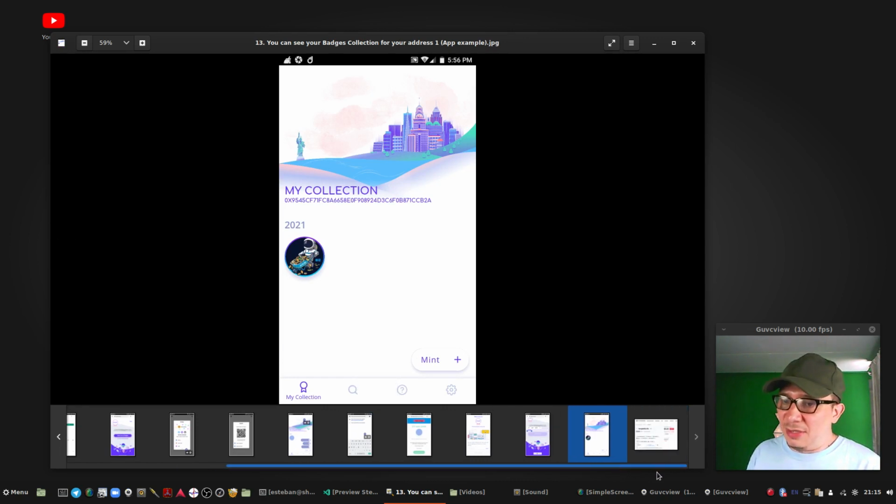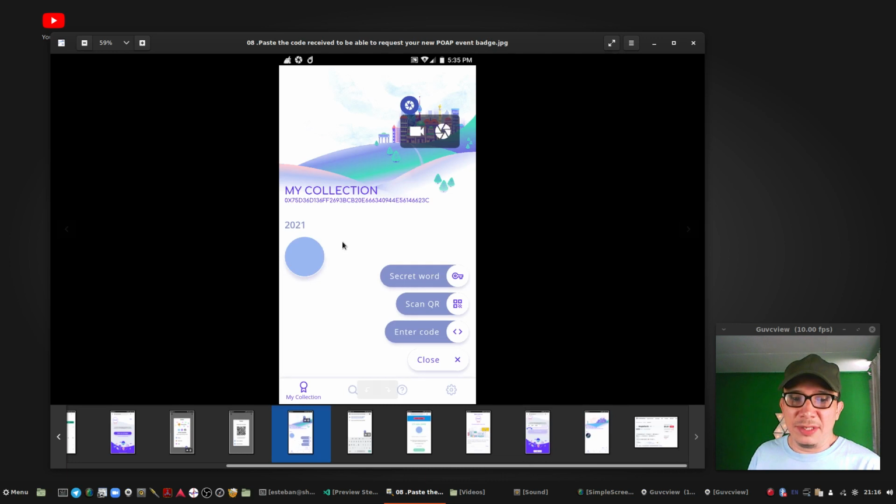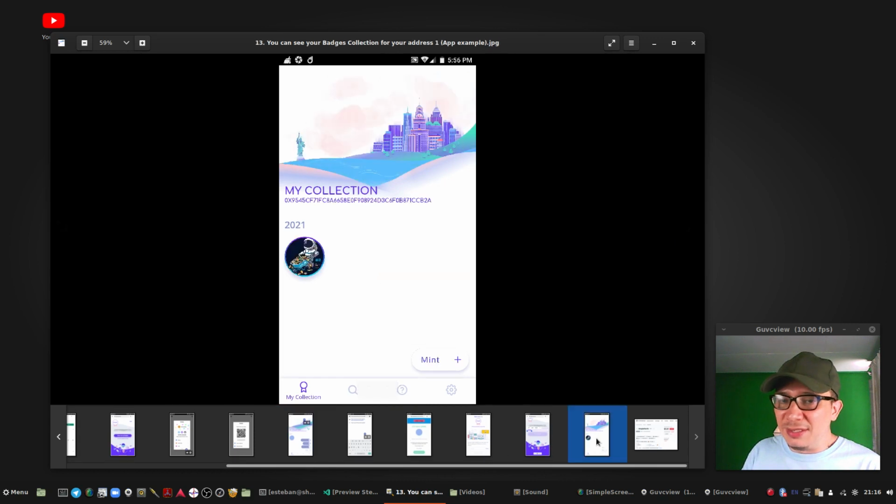So next is the final step: display your collection. I have two examples here. As you can see, there is the previous example with this one. It's my test badge that I created for a concert, for an event that I created, and it can be used in conferences, etc. But it is just a test.